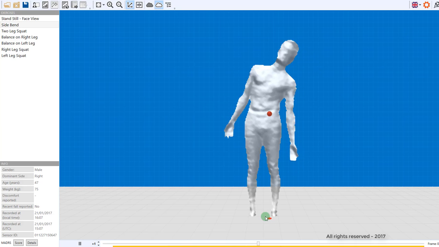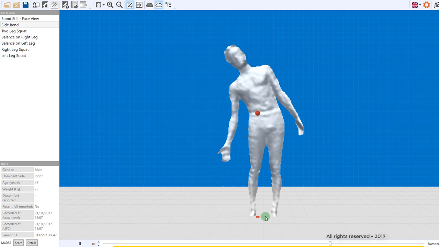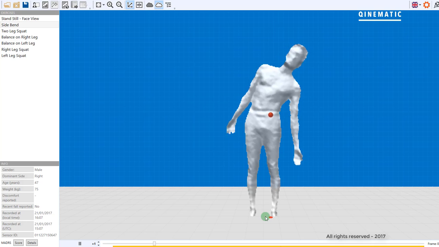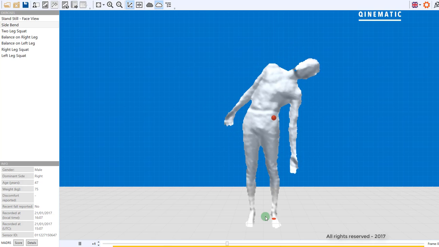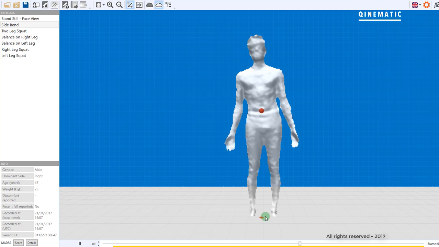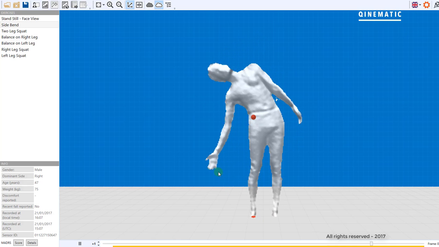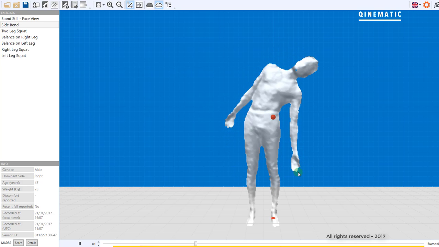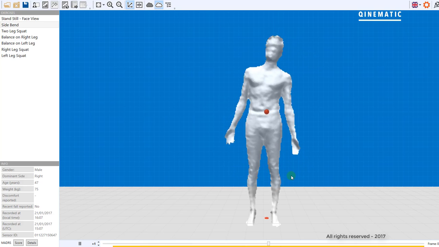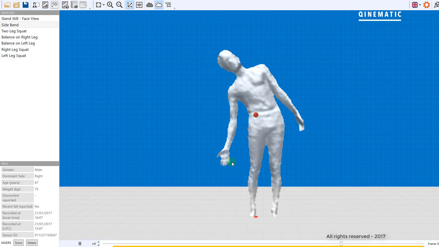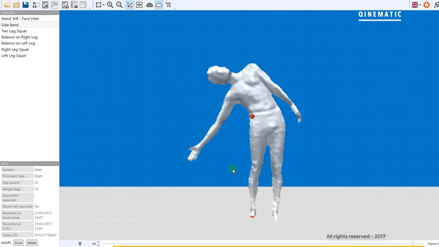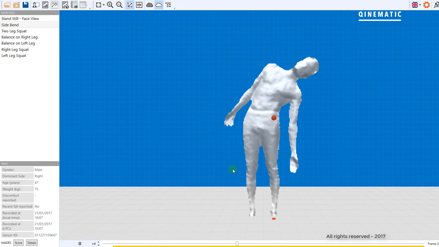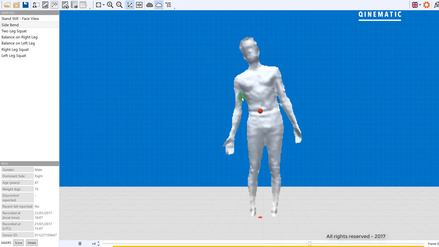Side bending is a rather complex movement that's analysed very often for function, for balance, and for clinical assessments for things like back problems and hip problems. The way it's normally assessed is the distance the hand reaches down to the floor, which is done quite nicely on this side to the left, but as you can see, not the same way on the right. So sometimes you don't quite get an accurate picture of somebody's side bending just because of the way they used